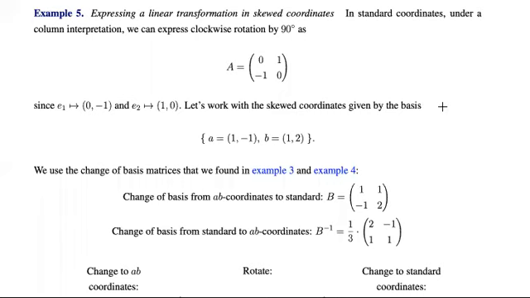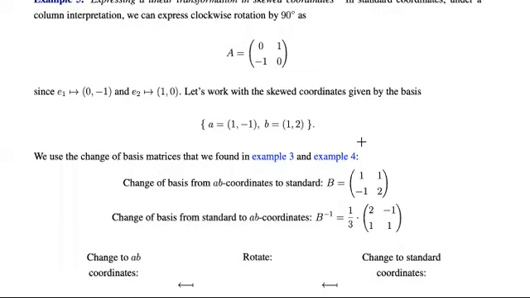Let's take a look at an example of rewriting a transformation that happens in regular standard coordinates, such as this one, rotating clockwise by 90 degrees. And let's suppose that we want to think about that in terms of a new basis, A, B. So we have a skewed coordinate system determined by these two vectors, A and B, looking something like